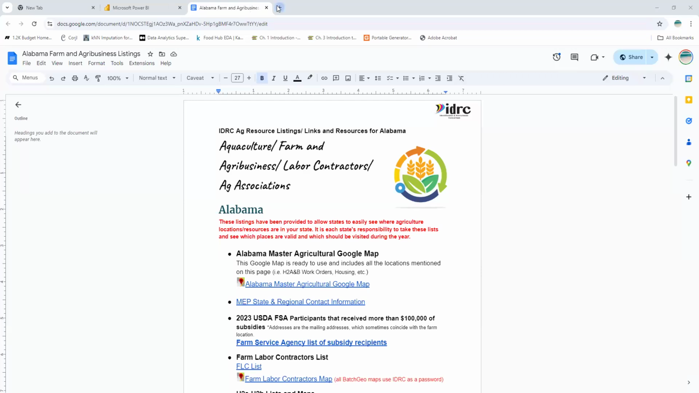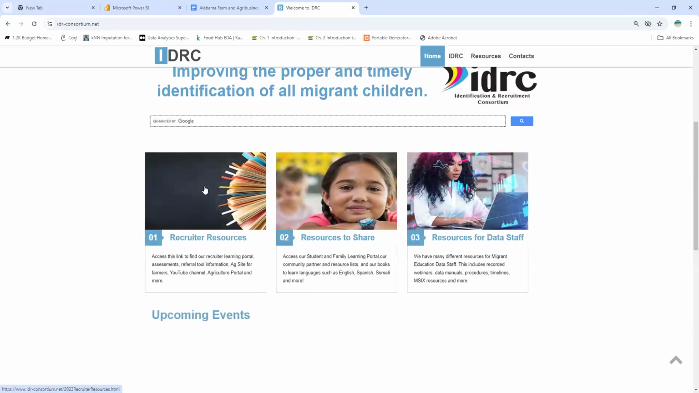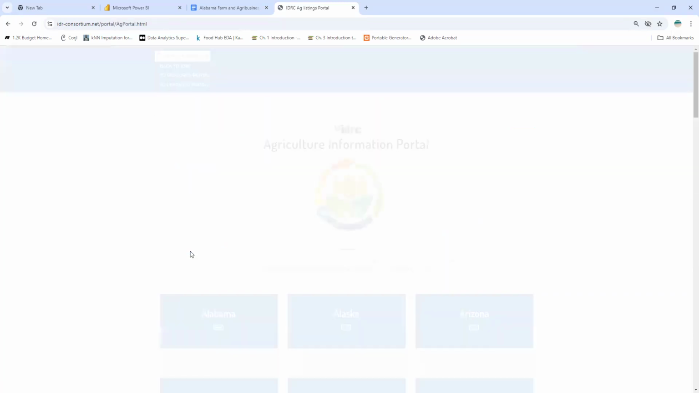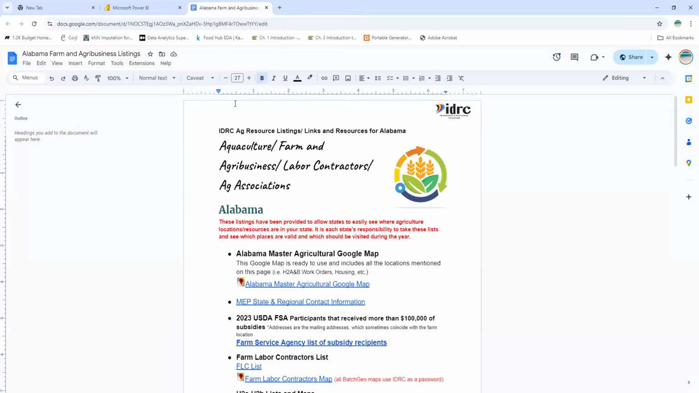So on the website, if you go to our website, same thing as the other part, you're going to be able to click on here. And then you're going to look down for the, let's see, Agriculture Information Portal. So every state has one of these. We're going to hang out over here in Alabama, just here for a second. So what we start doing in the